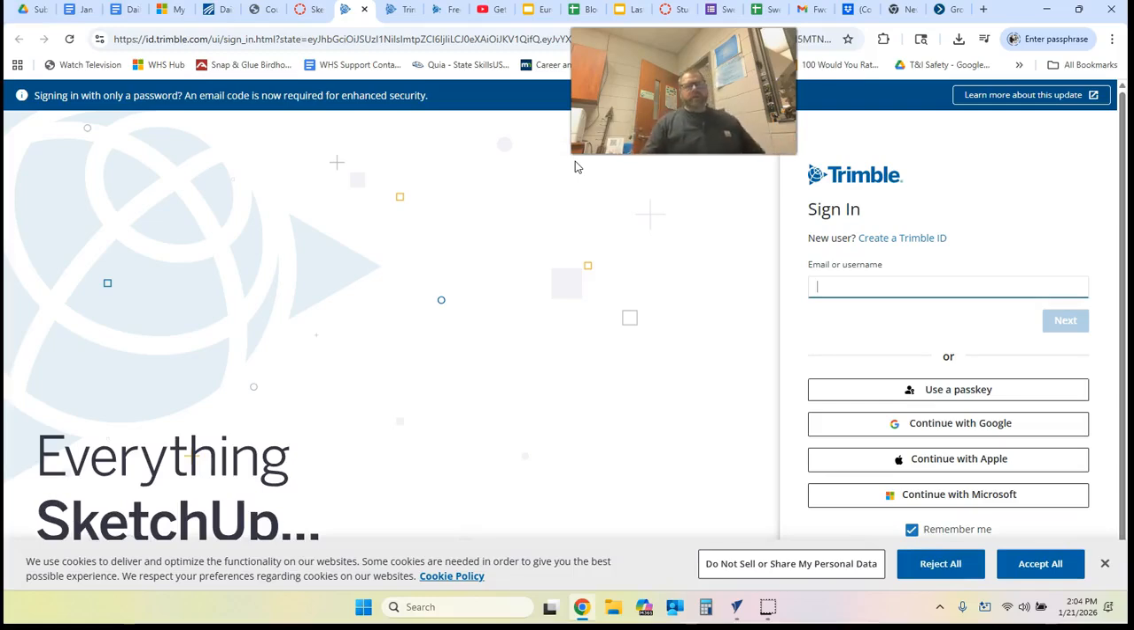Don't try to open the downloaded version of SketchUp. Don't go to Google and search SketchUp login. Please use this link. This is the first time that people are going to get screwed up as they go to the wrong place. So use that link, and then you're going to come down here and say continue with